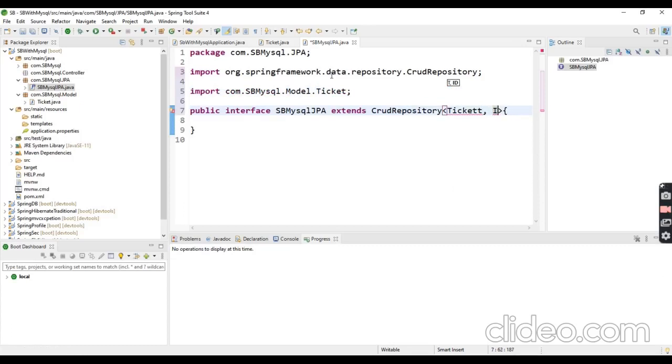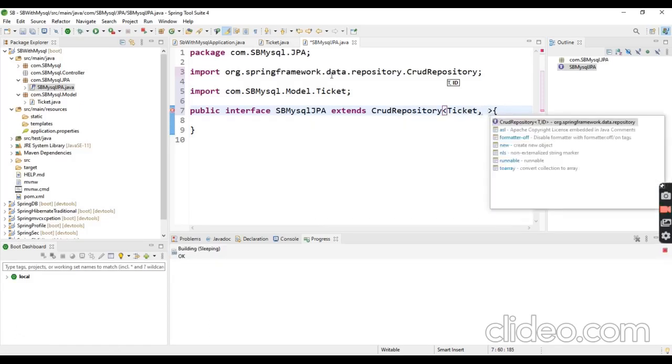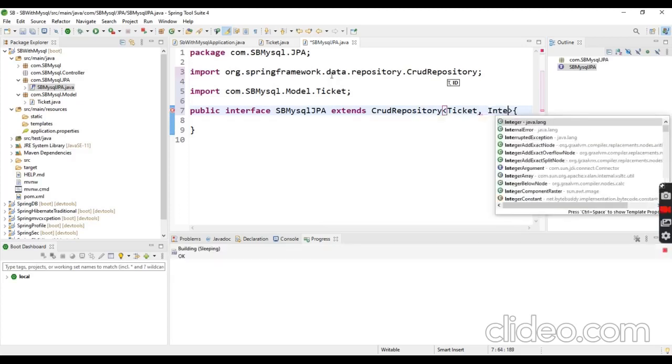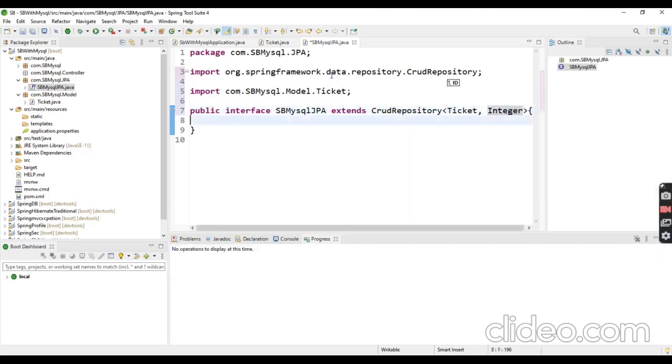Here we should pass the model class name, which is Ticket. Then we should pass the model class primary key ID data type, which is Integer.